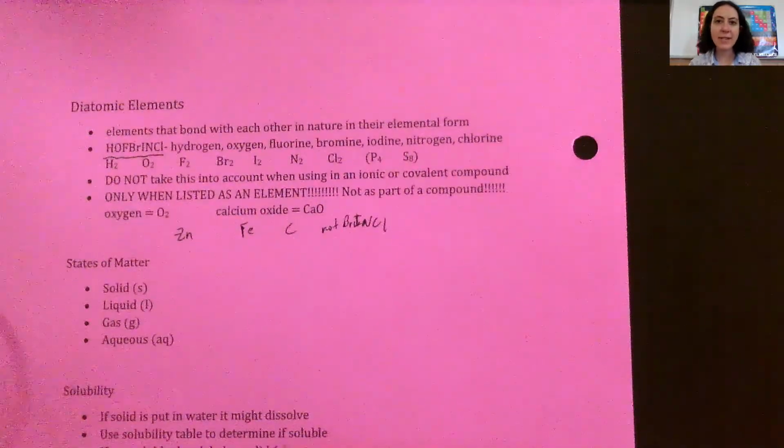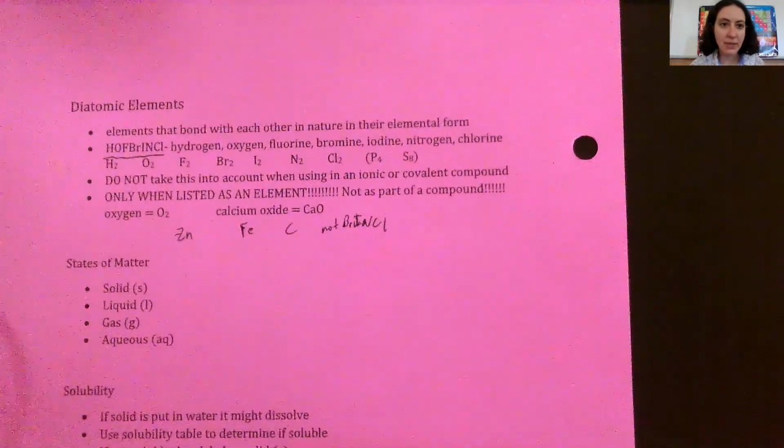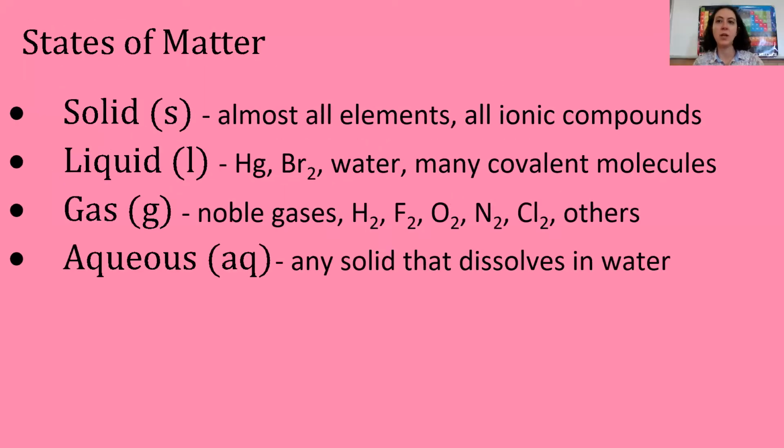Okay, let's talk about states of matter now. We're going to go into this a little bit more. We've got these notes on solubility that you can kind of see right there, but we're not going to worry about that quite yet. Just so you know, this is what each of those stands for. S represents a solid, L is a liquid, G is a gas, and AQ is aqueous. So if you guys want to jot those down as well,